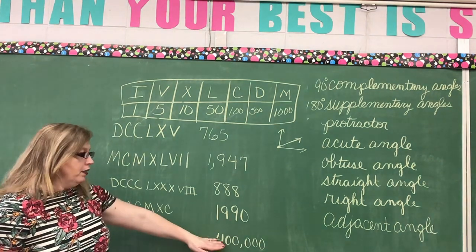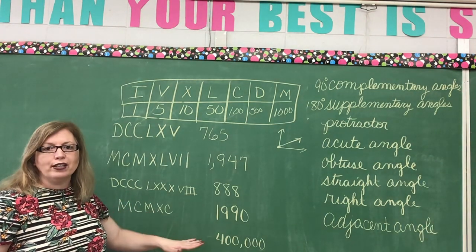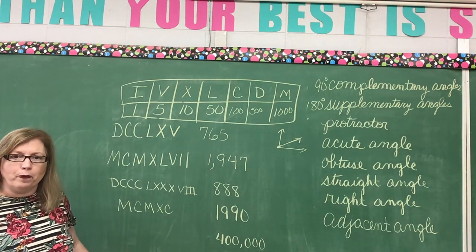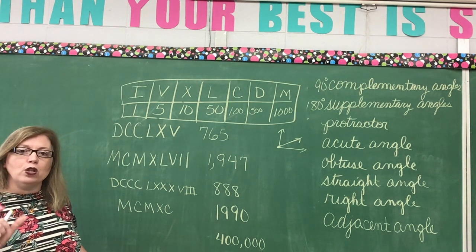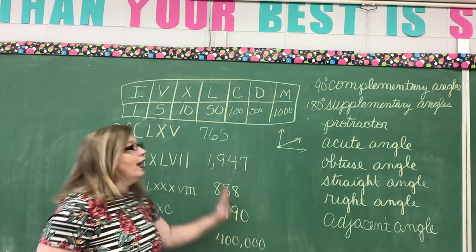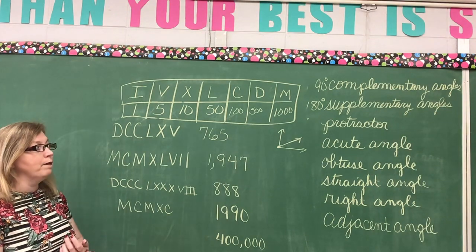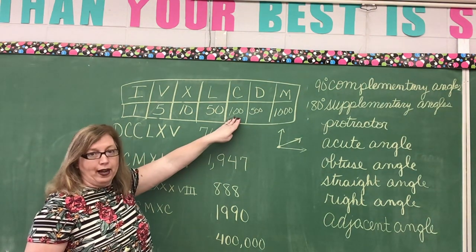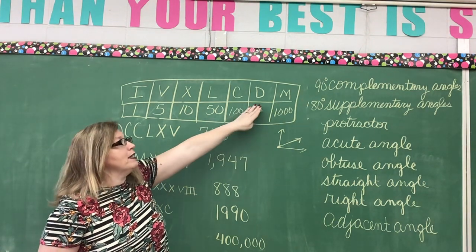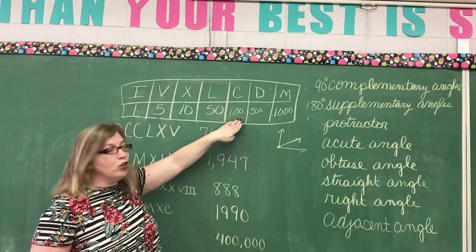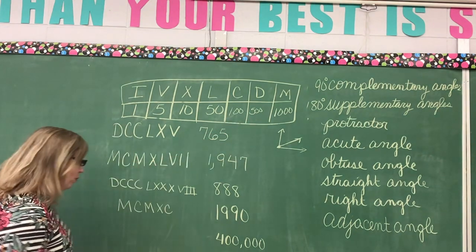Okay? This last one, 400,000. It is not in your book. It's one that I just need to teach you. First, let's only look at the part we know how to do, and that's the 400. How do I write 400? I can't write 4 C's because I can only write 3, right? So I have to subtract. I'm going to take 500 and a C, which is 100. I'm going to say 100 less than 500, so I'm going to write